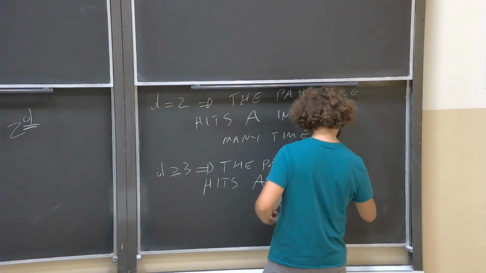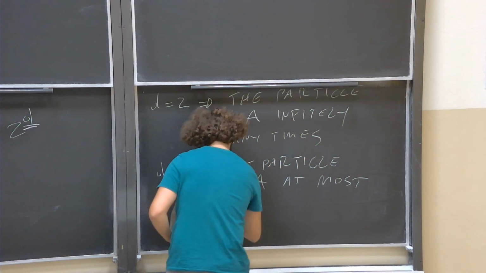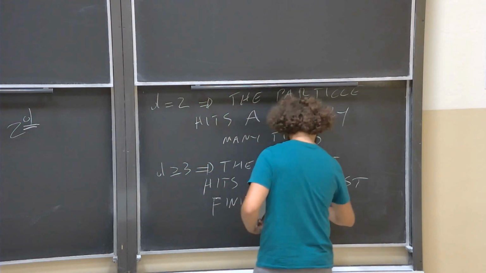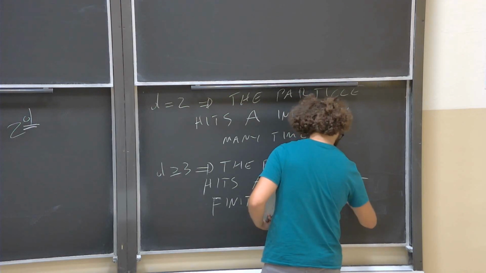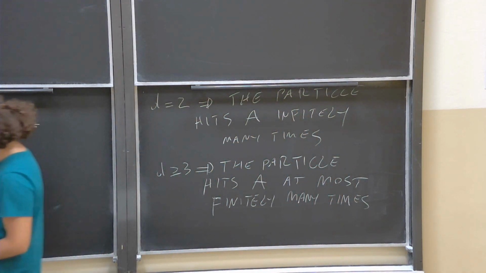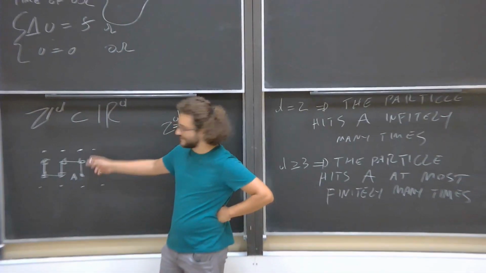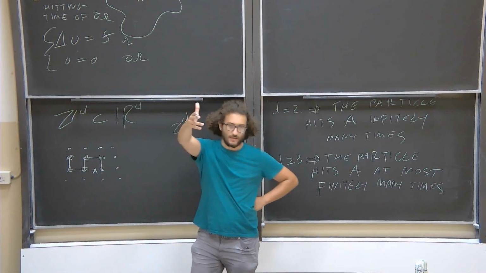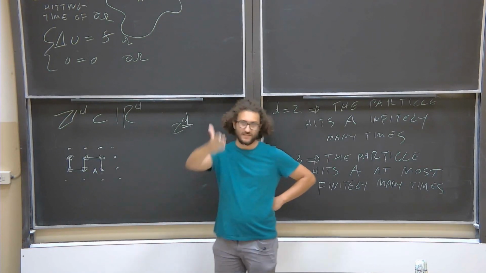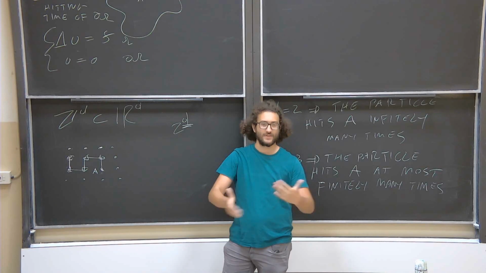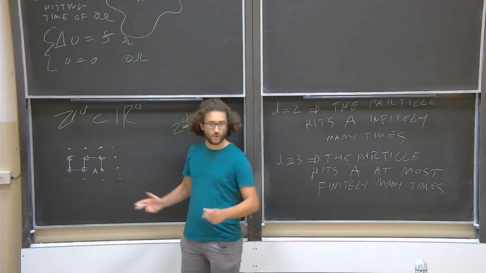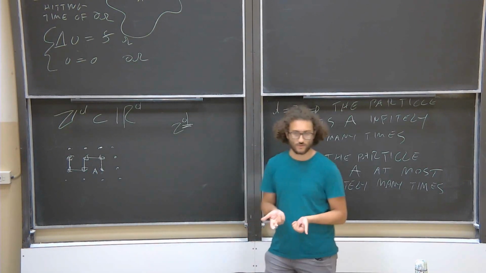At most, finitely many times. Okay, this is a bit surprising actually. What's happening is this. Since every direction has the same probability, one expects that in some sense the particle moves up, and then at a later moment, there's the same probability for every direction, so that will be another moment in which it goes down. And so in this sense, it should compensate, and the particle will be on average close to A. That's what one expects to be true often.